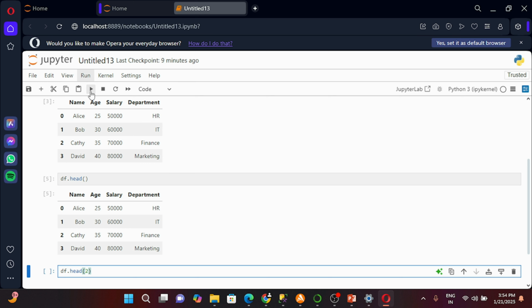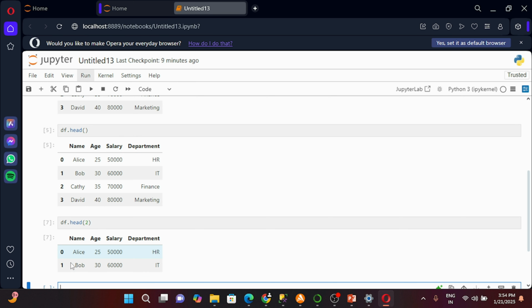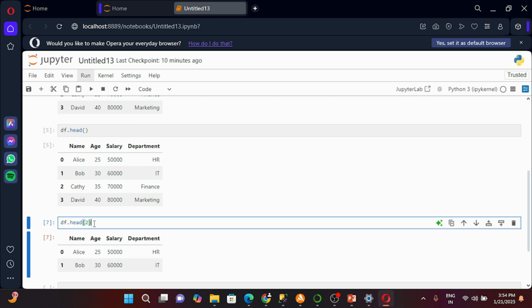Let me quickly run it, and as you can see, it has shown the first 2 rows. So df.head displays the first 5 rows of the data frame, or fewer if the data frame has less than 5 rows. Or as per your convenience, if you want 3, 2 or 1, you can pass the number here and it will display accordingly. Okay, so this is df.head.